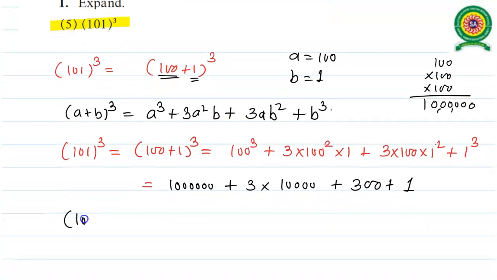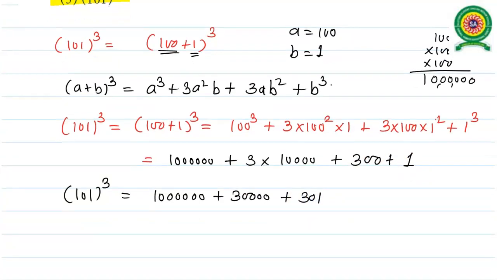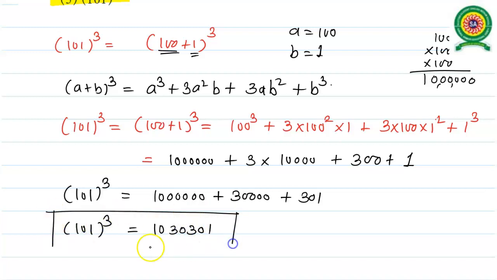Try to simplify it, so that we are having 101 the whole cube equals 10 lakh as it is, plus 10,000 into 3 becomes 30,000, and 300 plus 1 becomes 301. So let us try to do the addition, so that we are having 10 lakh plus 30,000 plus 301, we are getting 10 lakh 30,301. So 101 the whole cube is of the form 10 lakh